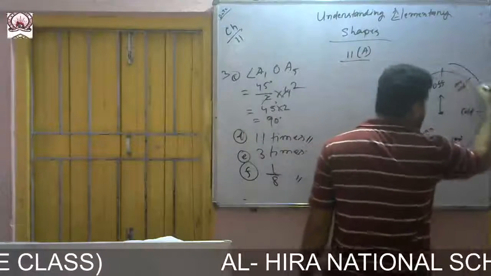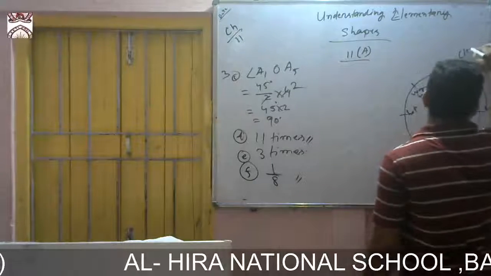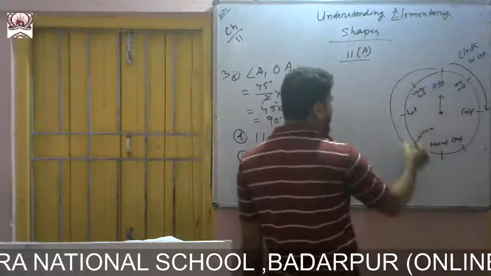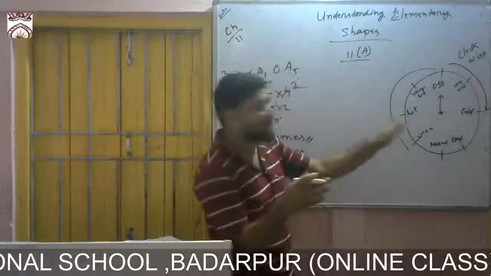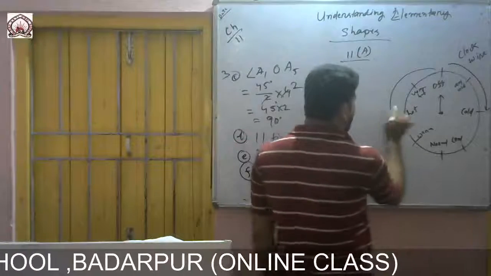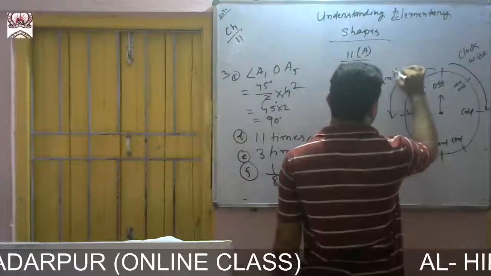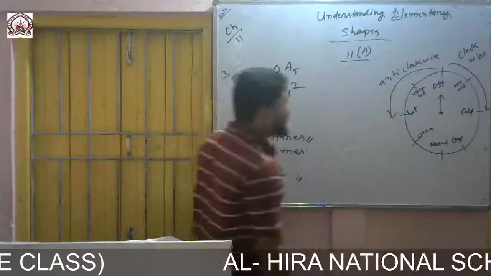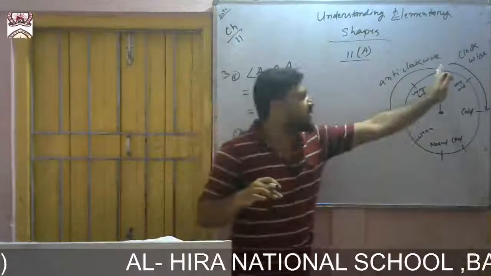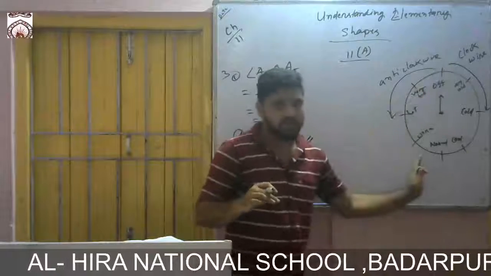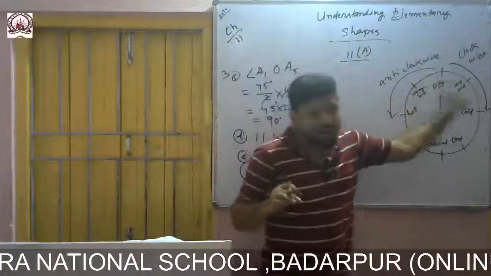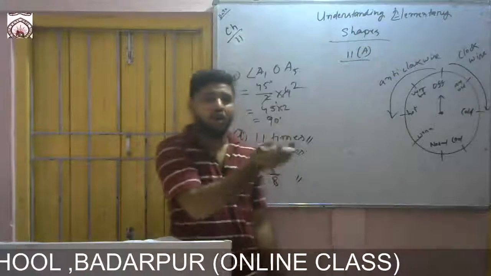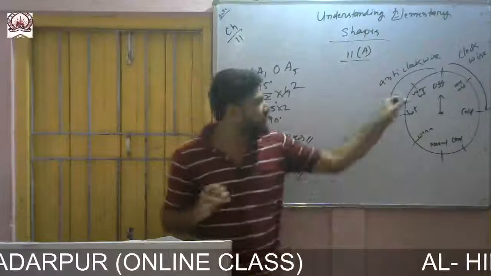If you come this way, then it is clockwise. And if you come that way, then it is anti-clockwise. Anti means we are coming opposite of that one. So this way will be anti-clockwise. From 12, if you go left, then it is anti-clockwise, and if you go right, then it is clockwise. That means if you go the way a clock moves, it is clockwise, and if you go just opposite of the clock, it is anti-clockwise. So these are the directions.